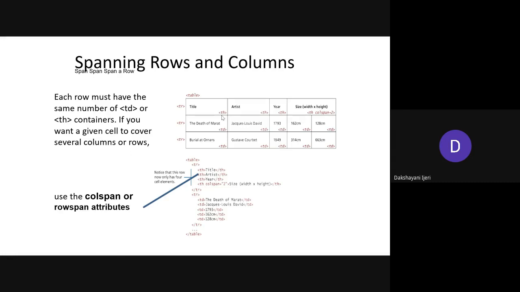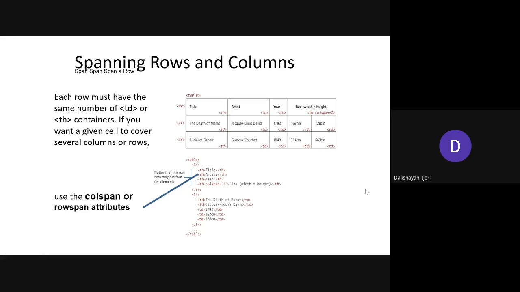So first concentrate on this table here, right? What do you have in the first row? In the first row you can see you have 4 elements there, right? But in the second and the third row you have 5 elements. Why? Because you want to split the last column of the first row into 2 cells for the next 2 rows here, right? So how can this be done? It can be done using the column span attribute, and if you want to merge any of the row cells there, you can go for the row span, right?